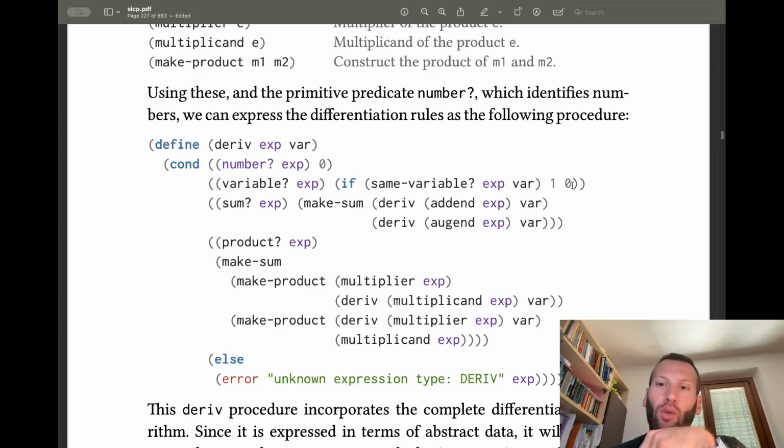Otherwise we return 0, because if we are not differentiating with respect to another variable, we return 0. And then we have sum and product that